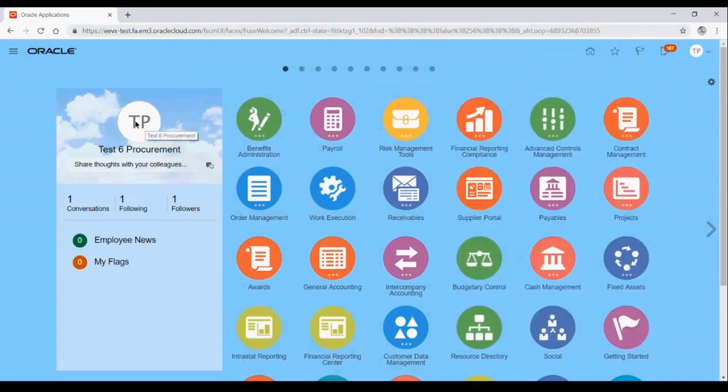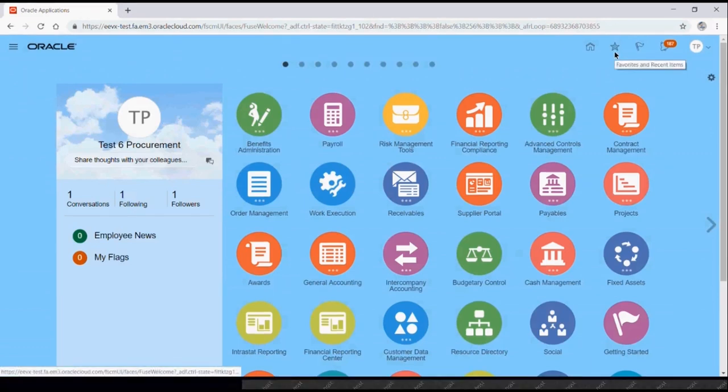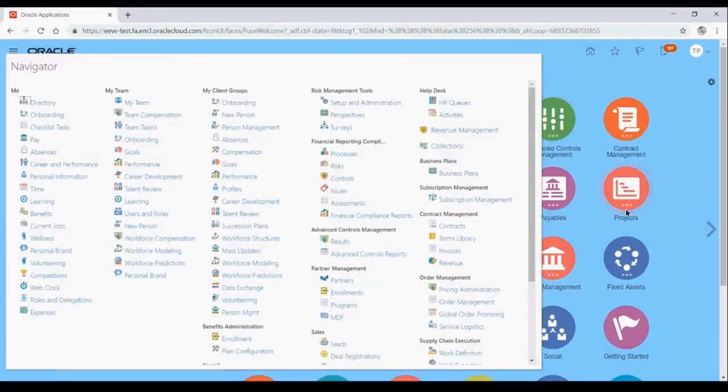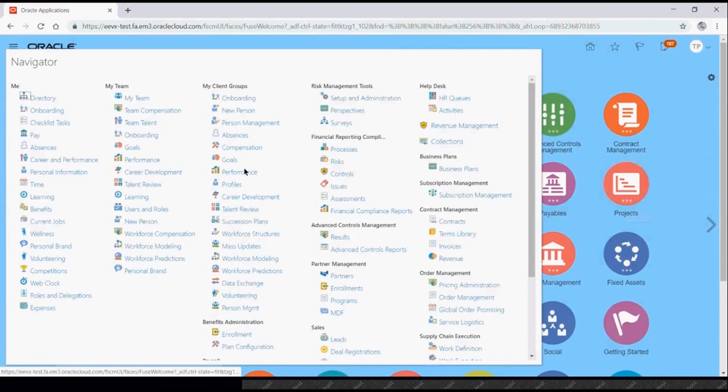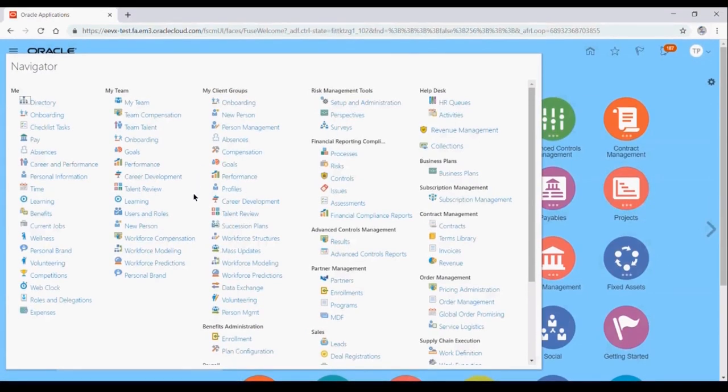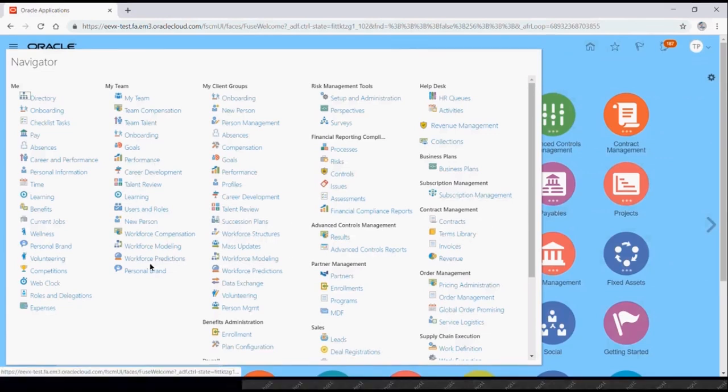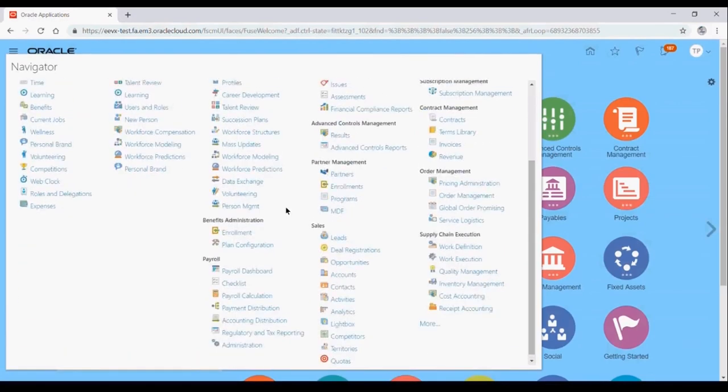Just like an overview, and like I said, TP is the initial for my login user. This is where you can mark your favorites and flag any watch list item. And these three lines are called the navigator. Navigator is the place again where you will have access to all the applications within this instance. And navigator is nothing but the list of these icons or more. And this is also role based. So based on your role, you will see more options here or fewer. So